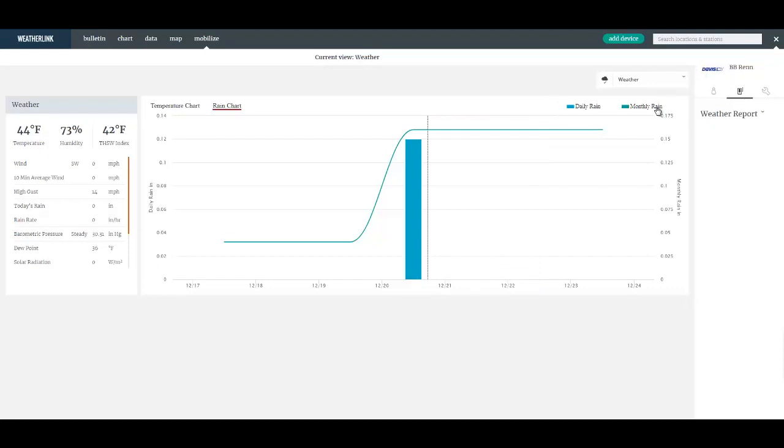These drop downs here are a little bit different than from the prior tabs. Instead of showing all the stations I own and can look at, this lists all the different view names that I've created. So I'm right now looking at the one I've named weather. On the right side, it's not checkboxes of data that I want to see, but it's rather alert thresholds that I've set using the Mobilize app. So in the Mobilize app, I've set these thresholds. If any of them are met or exceeded,